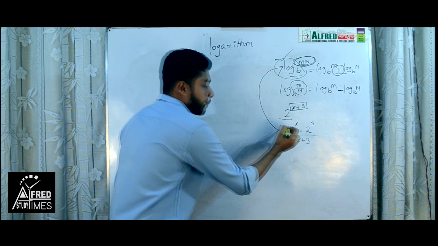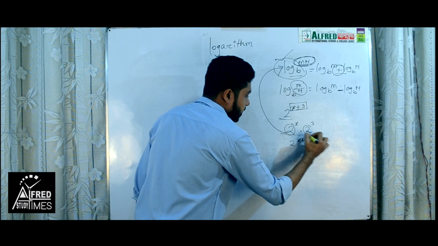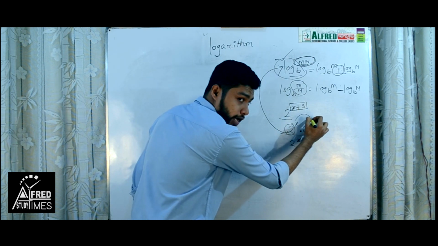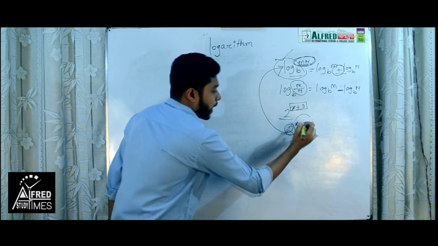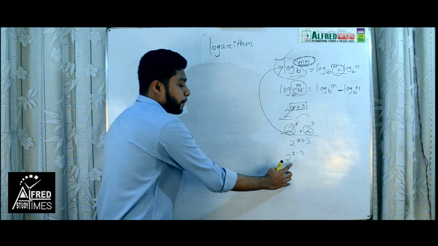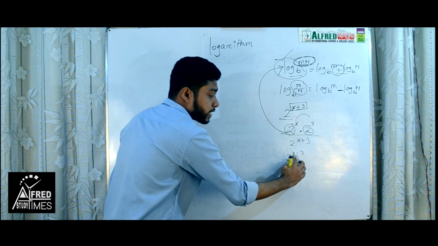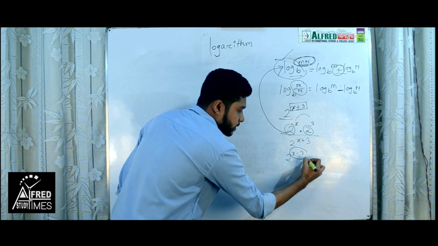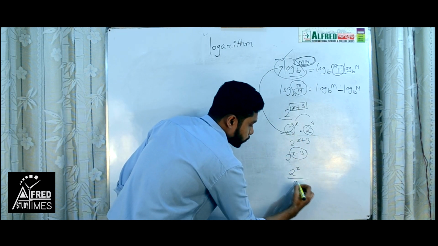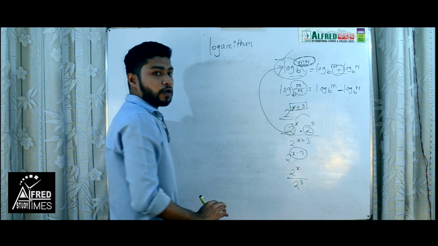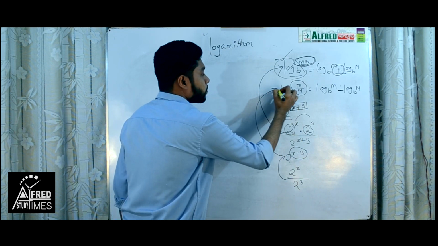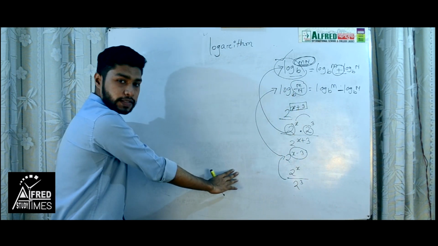We have to know the base is same. If the base is same and there is a multiply sign in the middle, the powers will be added, and if there is minus, for 2 to the power x minus 3, here the base is 2 and the power is x minus 3, here is minus, so we can write 2 to the power x divided by 2 to the power 3. Okay, both are same, you can write it same, and these are both similar, all the types are similar.